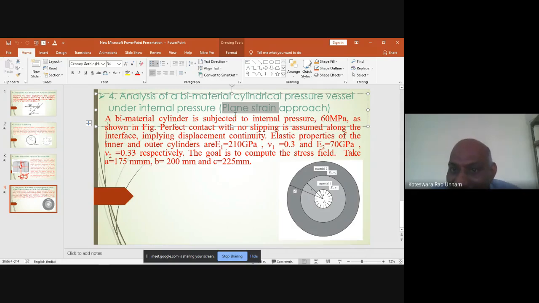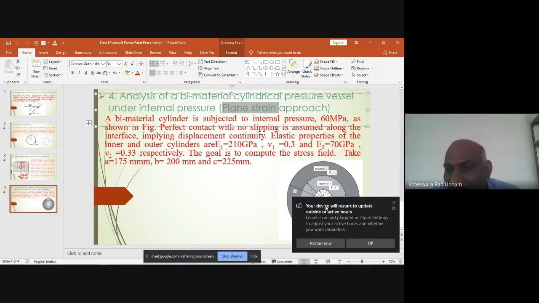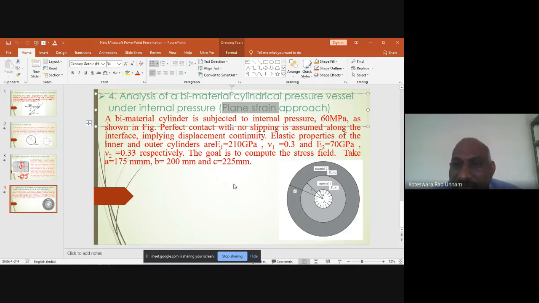So in case of plane strain approach, you have only strains pertaining to the plane. That means you have only epsilon x, epsilon y, and gamma xy, the strains pertaining to the xy plane. The strains in the yz and xz planes are zero. That's why epsilon z, gamma yz, gamma zx are zero. But because those are zero, you shouldn't think that there won't be any stress field.